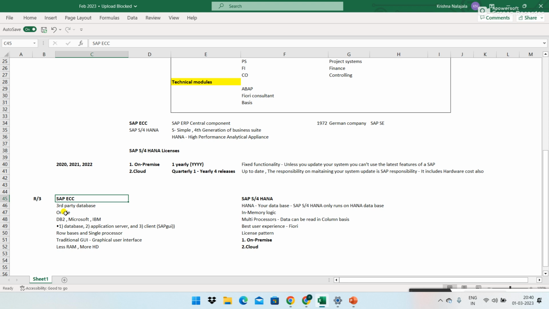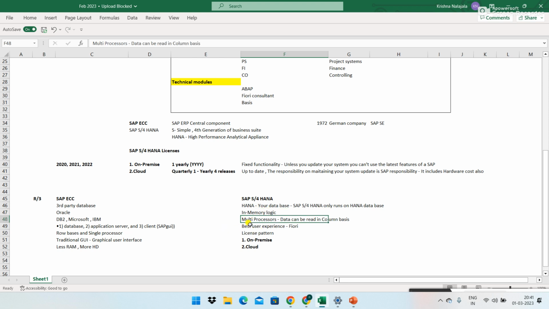Got it? That is the reason accountants used to run reports in SAP ECC and go for breaks. Once they return from a break after 30 minutes or 1 hour, some reports will have been downloaded. That can be avoided with the in-memory logic. But nobody will ask you what in-memory is. Do you know in-memory? Can you explain to me how the logic works? Nobody asks. Why? Because that is not our piece, right? That is the basis consultant's work, right? That is the reason SAP S/4HANA became popular.